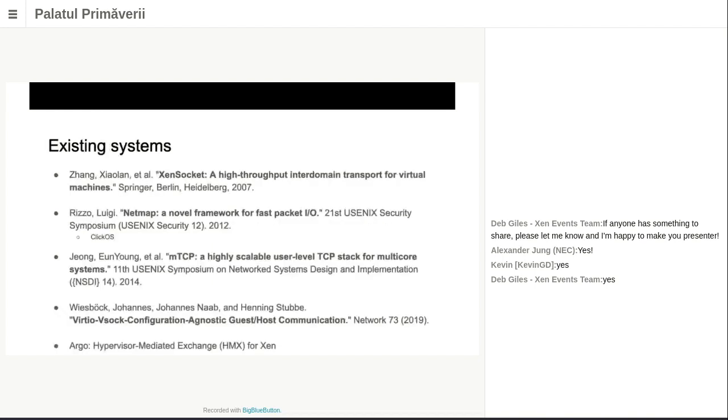To back this up, there's been a number of different ways in which we've historically been able to introduce communication between virtual machines. It started, I think, primarily with this piece of work called XenSocket back in 2007. That introduced a Linux kernel module to Dom0 and to DomU guests that would allow communication via the socket API. And this would basically map memory between the Dom0 and the DomU guest via sharing a